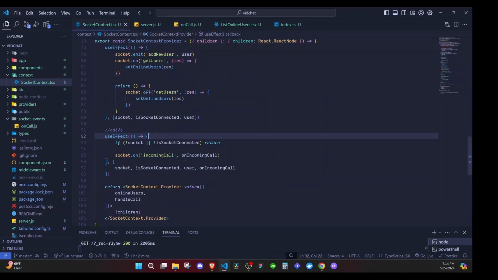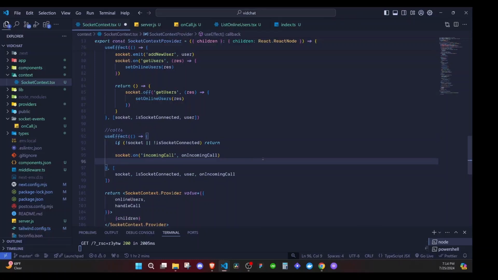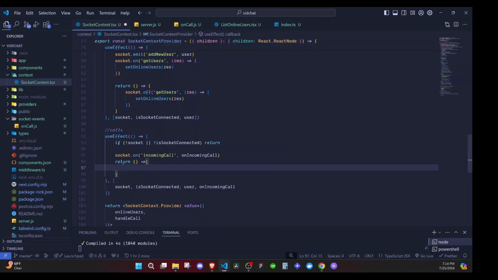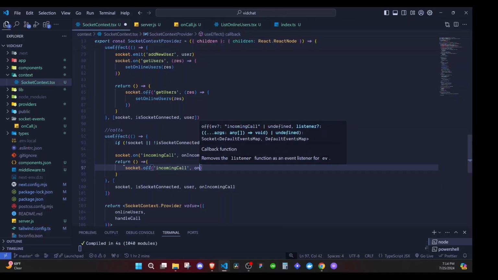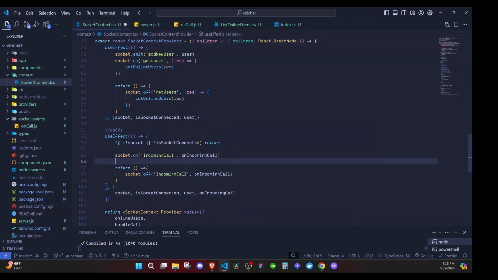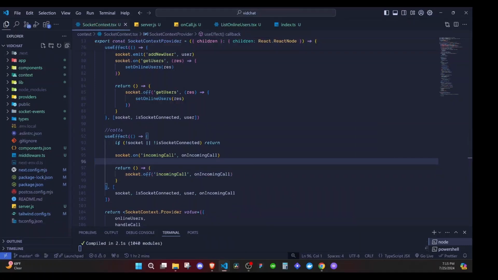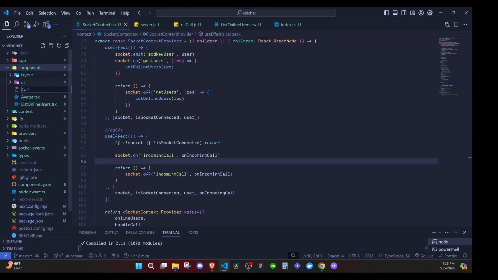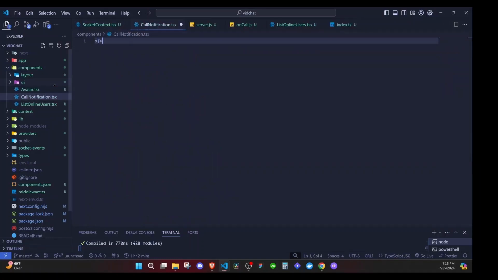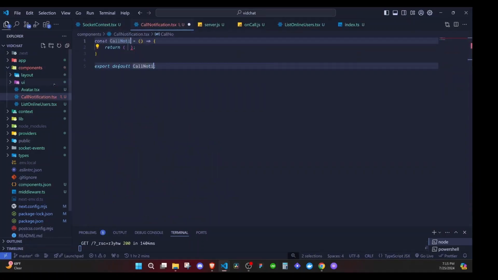Let me save to auto format, and we will clean up listening of this event. I will return a function. I'll use these curly brackets and I'll say socket.off, and then right here I'll say onIncomingCall. So I go ahead and save, and now I'll go to our components, I'll add a new file, and I will say CallNotification.tsx, stateless functional component CallNotification,